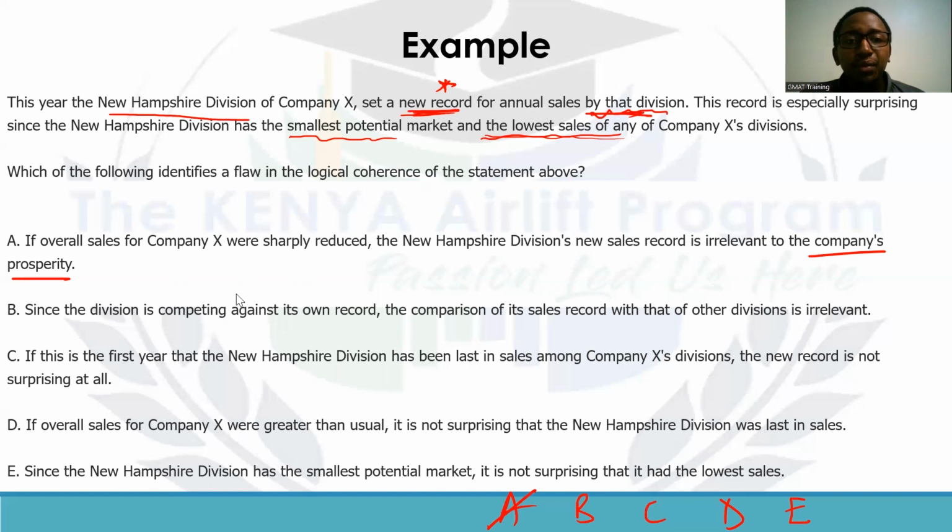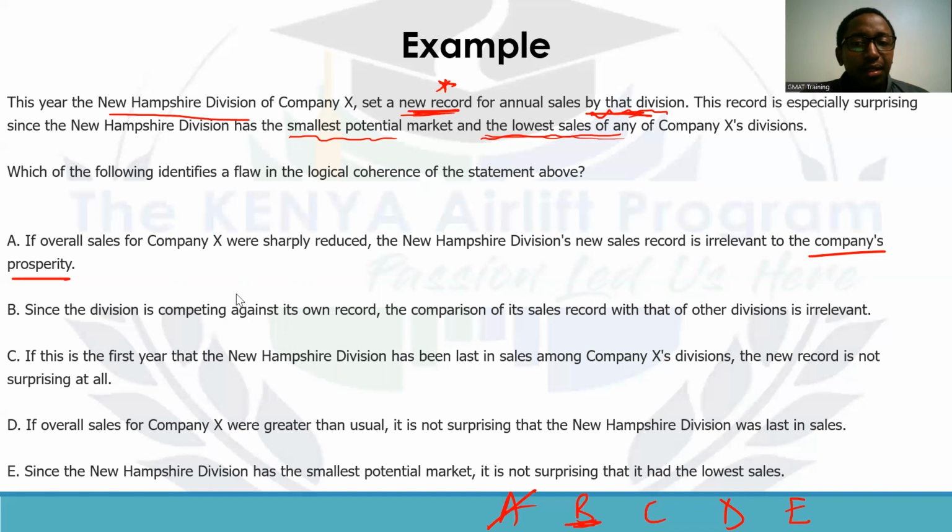So say annual sales last year or the previous years versus annual sales this year by that division. So the fact that it has low sales doesn't nullify that. It can actually increase the number of annual sales. So we can keep